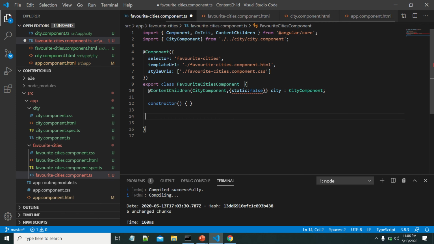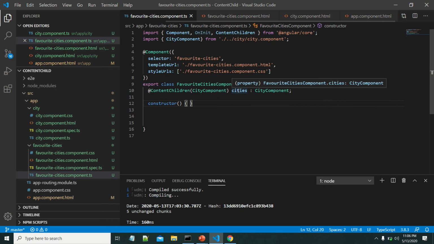Okay, here static false is not required. Okay, let me modify this name. Okay, now cities is having all the city components which are projected from the app component.